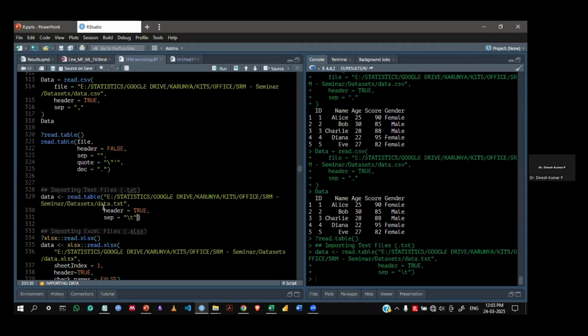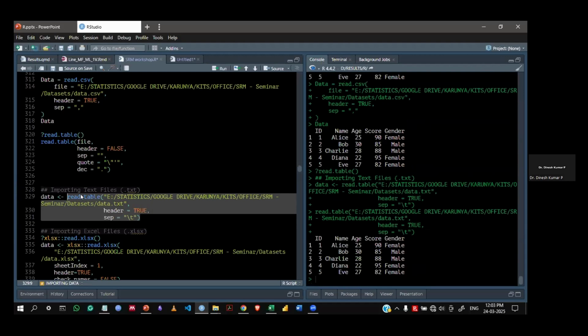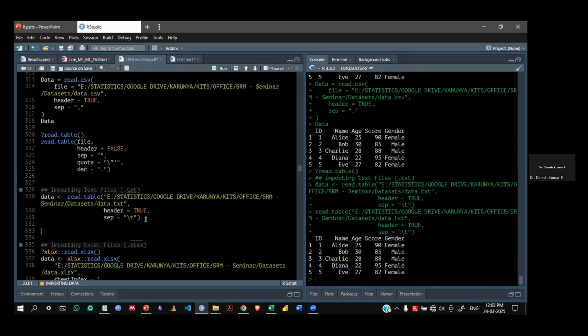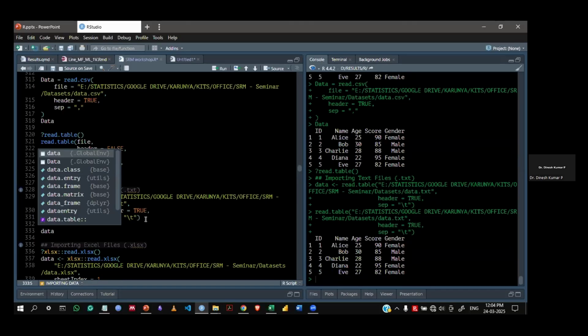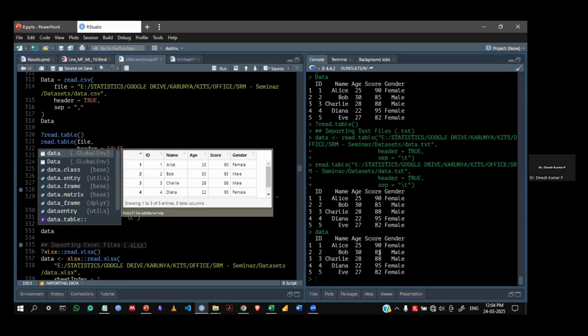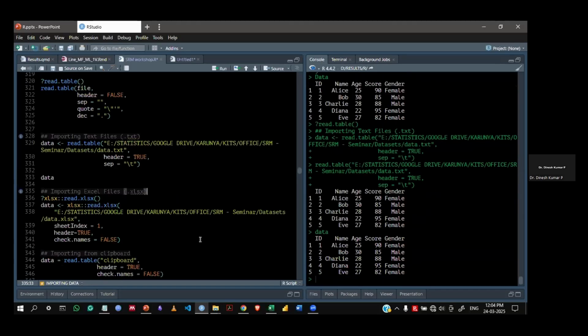Okay, so I have saved it actually. You see, 1, 2, 3. So all this entire data which we have in the text file, we have imported to data. I have stored it in the name called data. You run it, you will get your numbers. Now, how to import